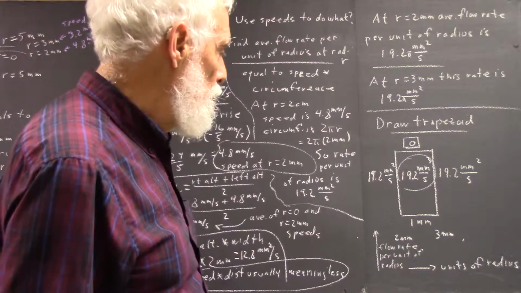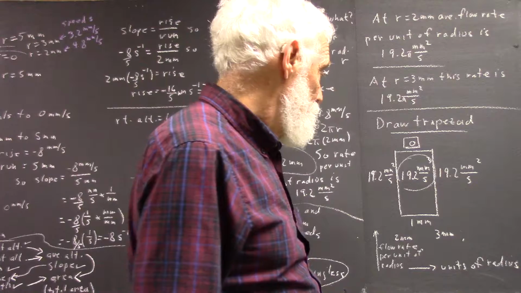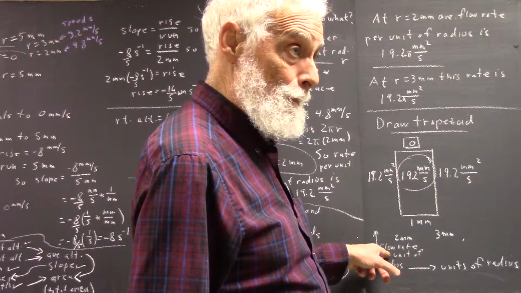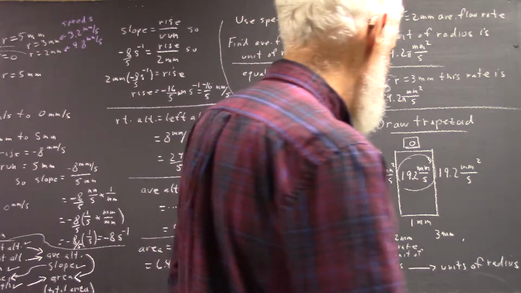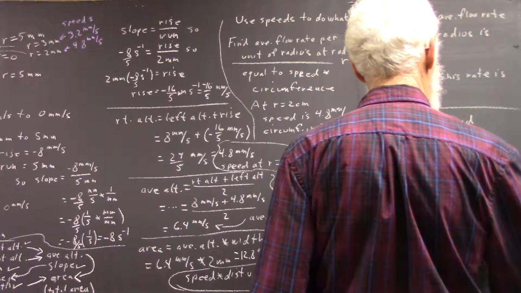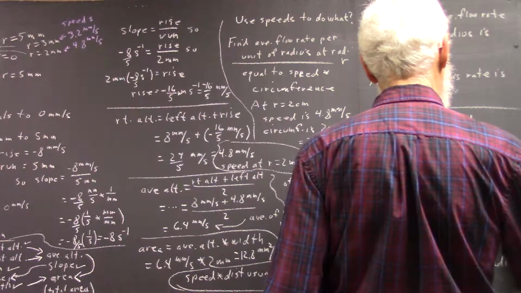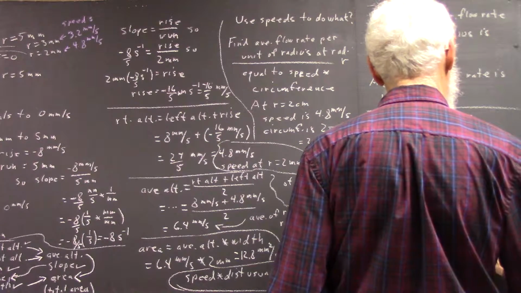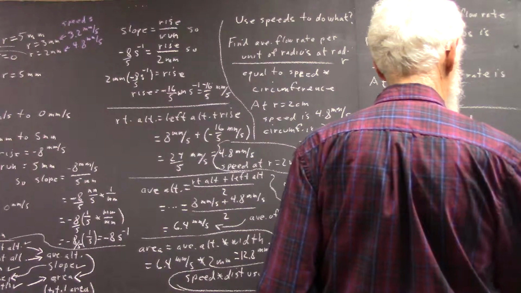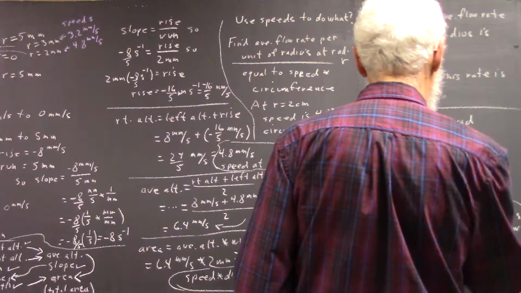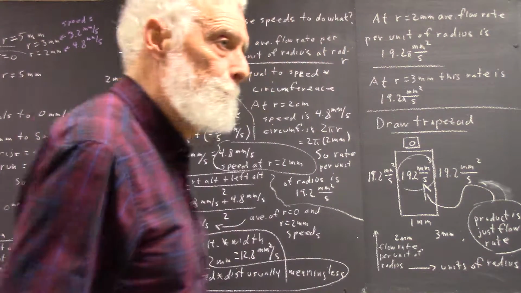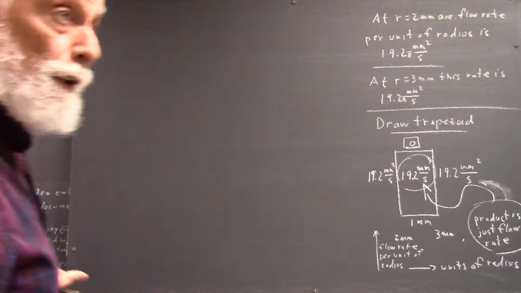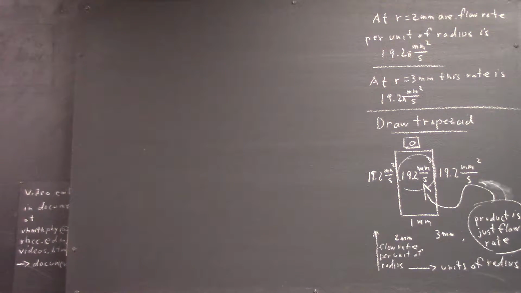So when we multiply them, flow rate per unit of radius times unit of radius just gives us flow rate. Okay, so we conclude that the rate at which blood is flowing between radius 2 and radius 3 millimeters